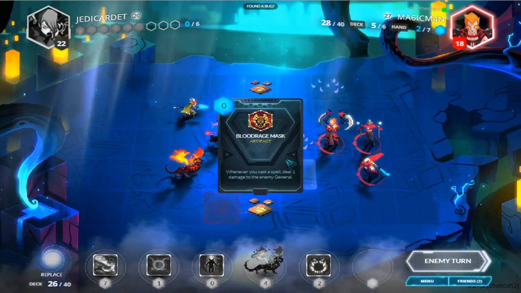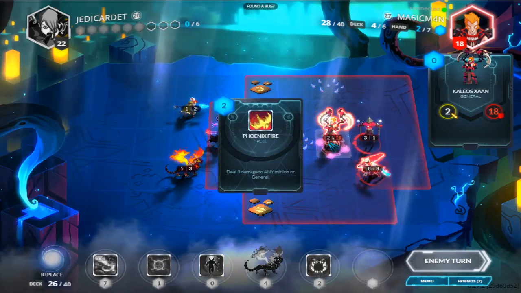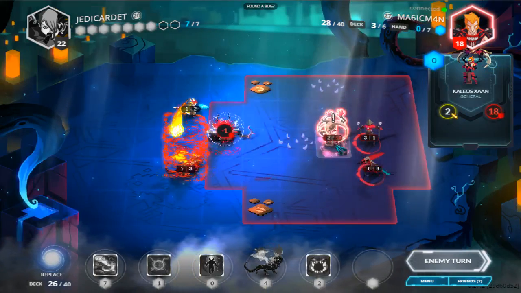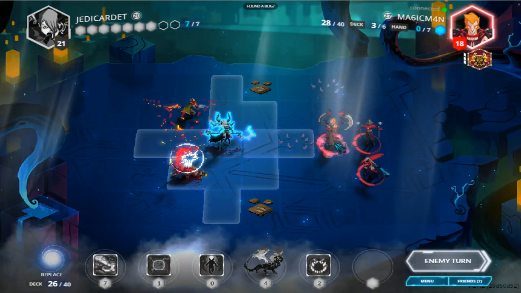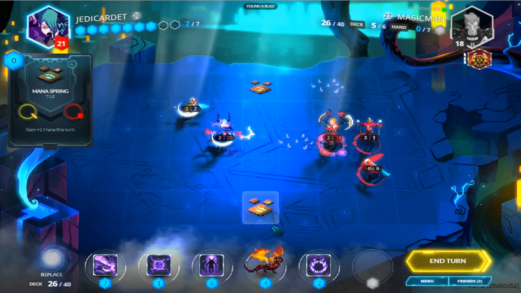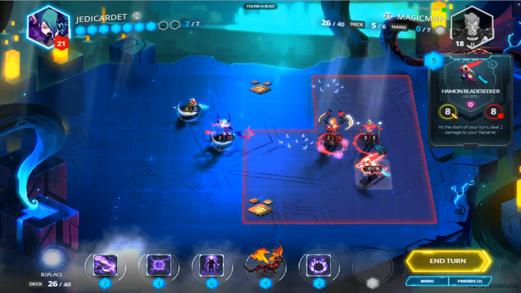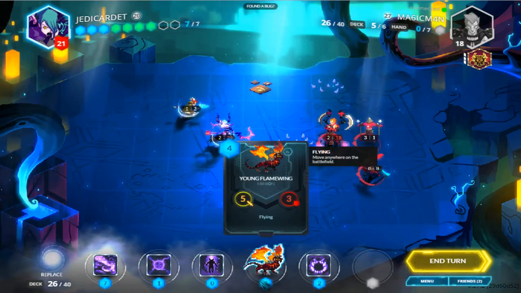And now he puts an artifact onto his general. You can equip your generals with artifacts to give them certain effects. He's just equipped himself with one, and he'll deal 1 damage to a general every time he casts a spell. So that's unfortunate. Okay, so what I'm going to do is, I think, at this point...